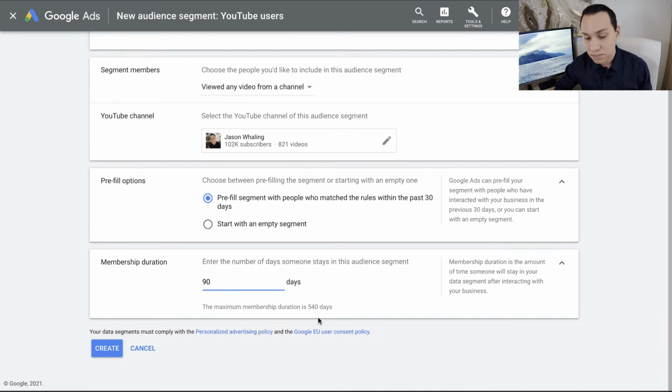So maximum is 540. So again, I recommend having all time, which is 540 days, then doing a 90 days, a 60 days, 30 days, 15 days, and if you want to be OCD, go ahead and do 7 as well. I'll go ahead and say 90 days, and then I would go ahead and click on create, and I'd go through this process for each one of those time frames. So the next time I'd come in, I would do 60 days, and then we do 30, and then we would do 15, and then we would do